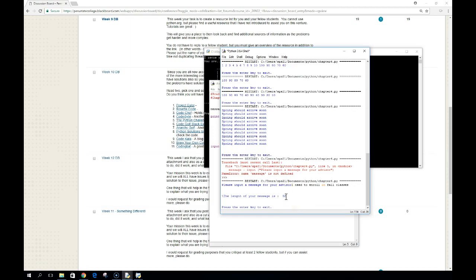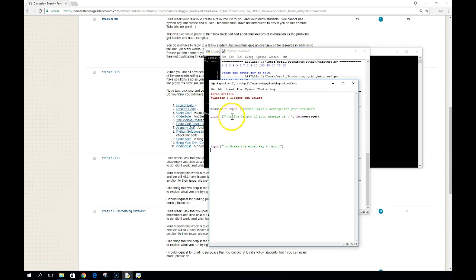All right. Are there other things we can do with this particular code? There are some other things we can look at and possibly add in there. We may want to figure out what letters are in there. In a lot of other languages we'd have to sequence through that entire string. In Python, we just say, if E, because we want to see how many E's are in your message, in message,